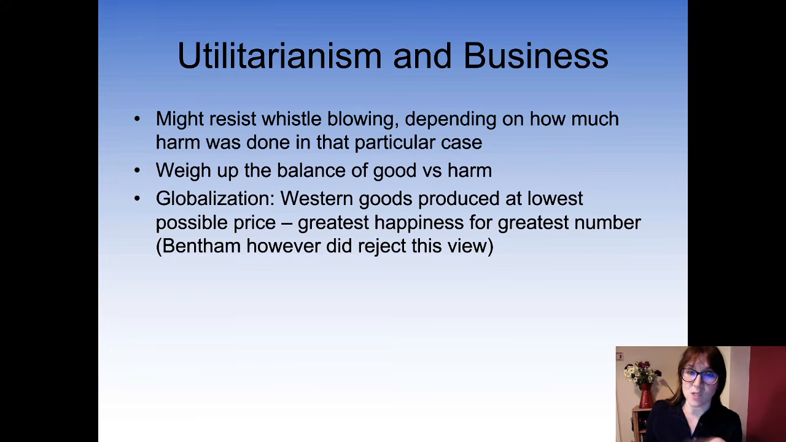Globalisation: Western goods produced at the lowest possible price, the greatest happiness for the greatest number. So Western goods, things that we buy, like Primark. We like the fact that Primark is cheap, and we can buy cheap clothing because it has to be made cheaply somewhere else. Bentham, however, would reject this view. He did not believe in the greatest happiness for the greatest number in that way, using people